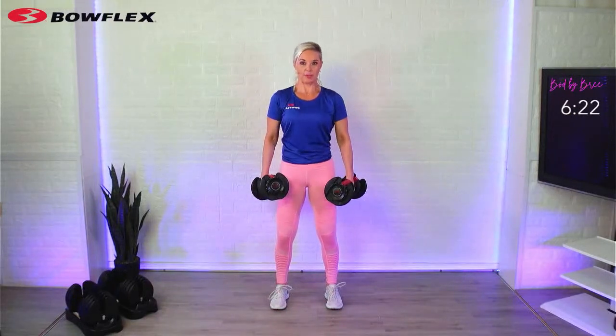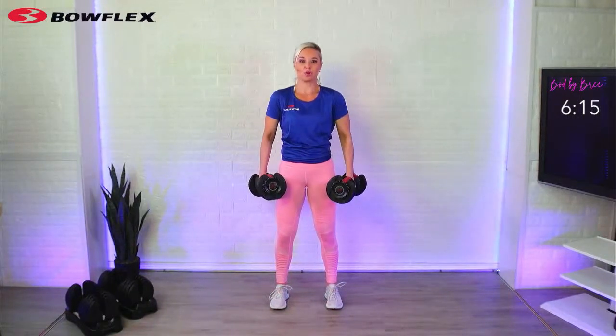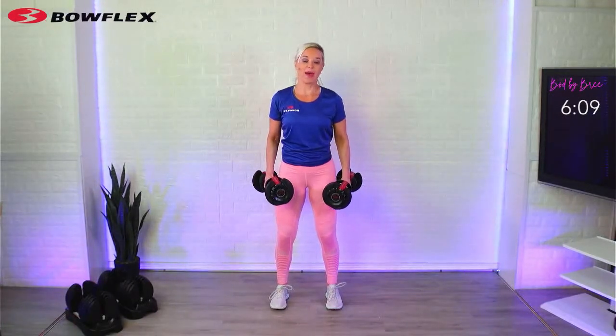I'm working up to the upper body. My rib cage is not flared, it's in tight. Good, and I want to make sure my shoulders are loose. They're not pushed down, they're not raised up, so my neck is not tense. Okay, we're going to raise them out to the side,